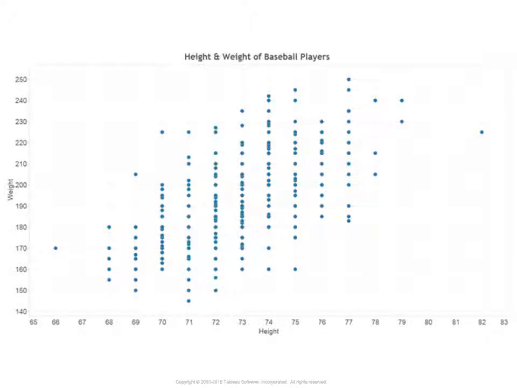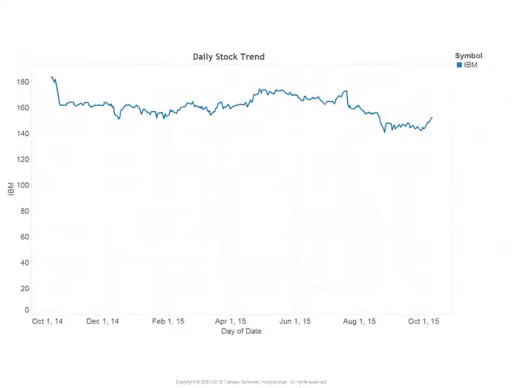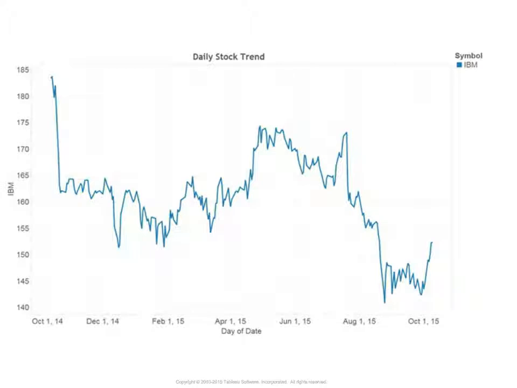Here's another example. So here's a daily stock trend against zero. Most times when we look at daily stock, we don't include the zero, but you can see this is IBM moving over time up and down. Most of the time, people look without the zero included because they're very interested in the relative movements of the stock up and down over time. But of course, this makes for a more alarming view, but you can be more sophisticated about it.